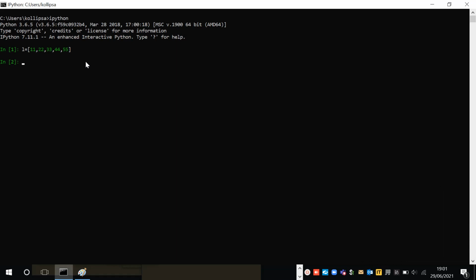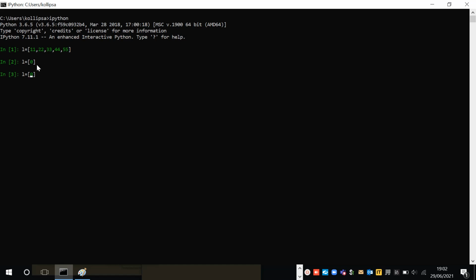So now let's say I want to print, so I told you about start, end, and index. Let's say you want to print the elements from the starting point. Let's say I want to print everything from start to end. So the starting index will be, as everyone knows, index always starts from 0. This is the 0th position. So I'll print and show you. L of 0 means 11.